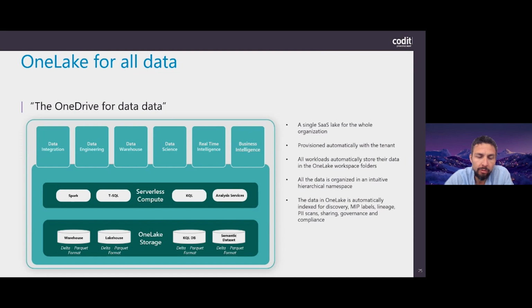This is also where it comes in how Fabric is billing you. You are billed by the gigabyte that you're storing in your OneLake, which is quite cheap, let's say, because it's just a Gen 2 storage account. And then on top of that, you need to buy a compute capacity to be able to run whatever experience you want.